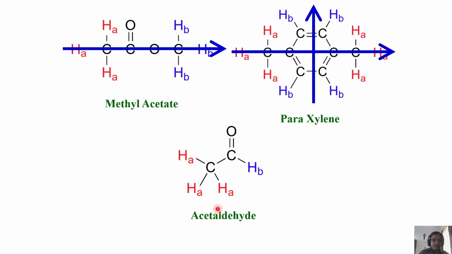Look at acetaldehyde. We have only 2 different groups: 3 protons, one CH3 group, and 1 proton, the CH proton. There are 2 different types of peaks for proton. Similarly, we have 2 different carbons. Acetaldehyde gives 2 proton signals and 2 carbon signals because of chemical non-equivalence in this molecule. There is no symmetry here at all.